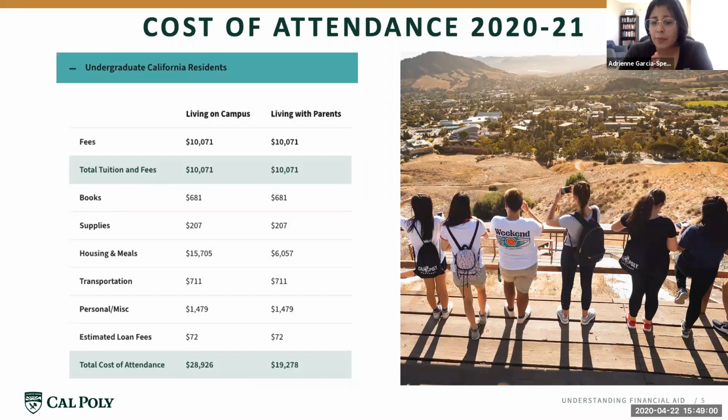Another note when I'm talking about Parent Plus loan: you cannot apply for the Parent Plus loan until after June 1st for next year. So make sure you're holding off on that a little bit. I know we're super eager to have everything ready to go, but there's going to be plenty of time. So after June 1st, you can submit the application for the Parent Plus loan out at studentaid.gov.